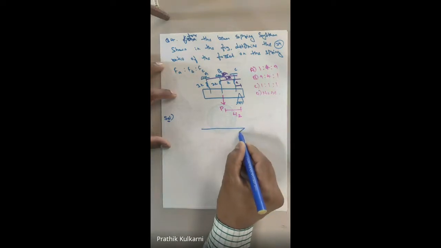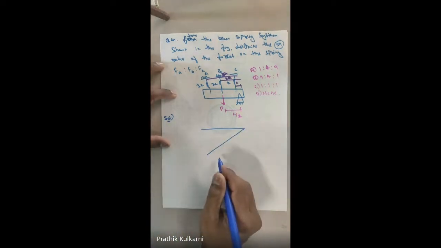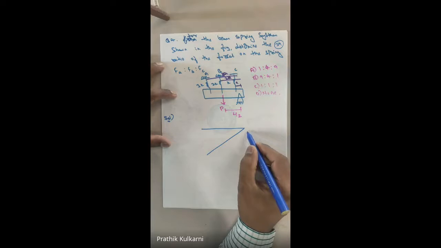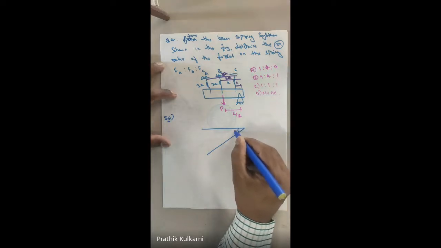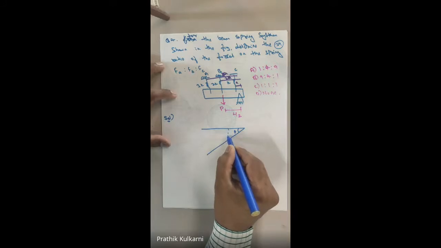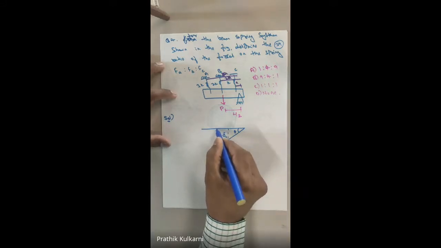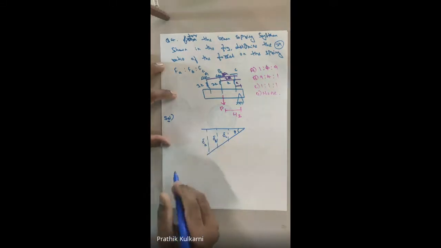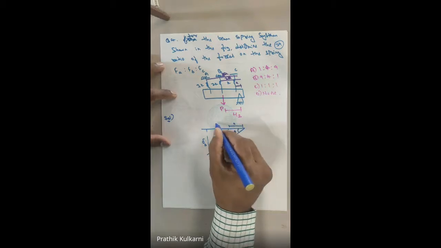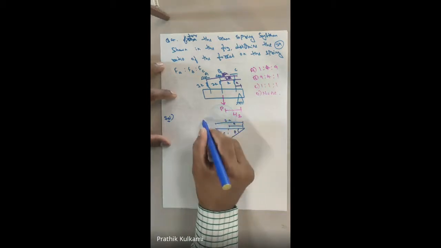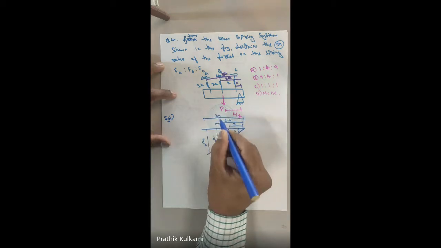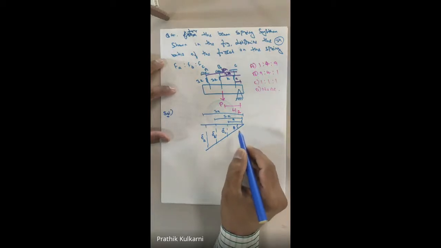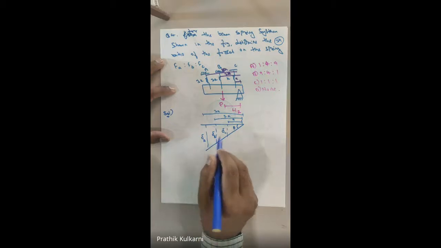Even if you see here, as this was a spring, in our previous session also we made it like this. Whenever you apply a load P, what happens? It slowly deflects down. Yes or no? So here we had a theta, and we get first delta C, second delta B, and third delta A. The distances are A, 2A, and 3A. This was your length, and the angles theta C, theta B, and theta A will be the same.